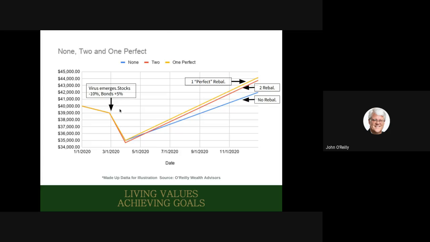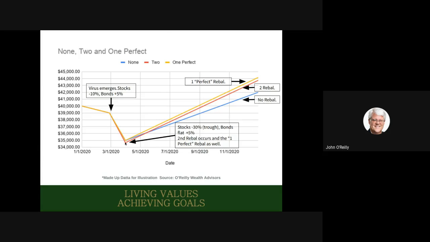Now here's that first inflection point, where the stocks go down 10% and bonds go up 5%. The advisor doing two rebalances says, that's enough of a change for me, I'm going to go ahead and do a rebalance. Why not? Smart move. Then in the second phase, at the end of March, the stocks go down by another 20% compared to the first of the year, or 22% compared to the previous point here. And the bonds stay flat from what they were here. They're still up 5% for the year.